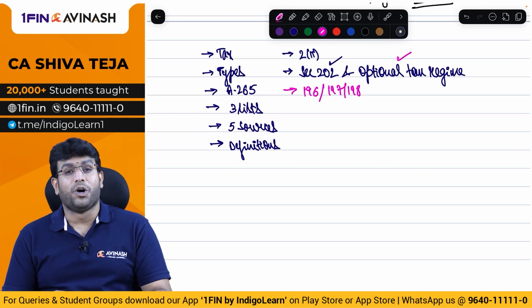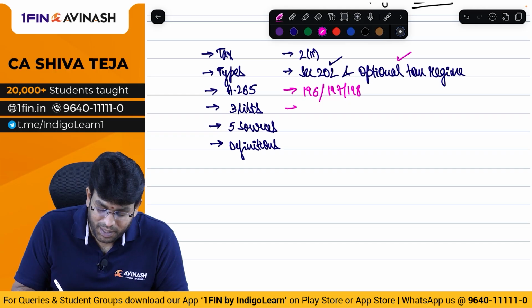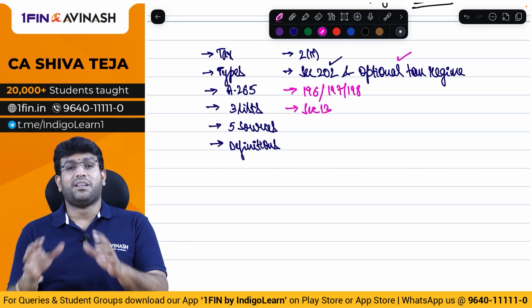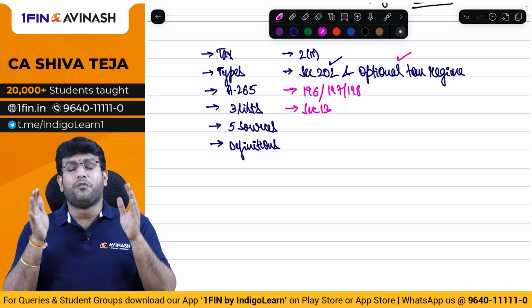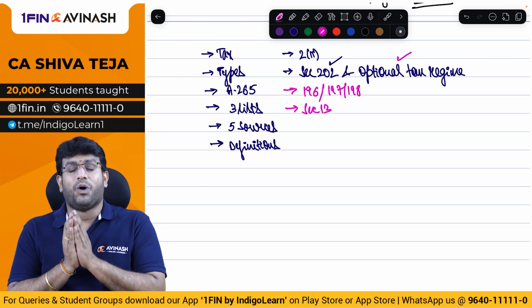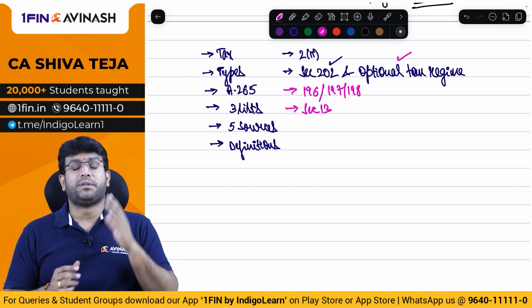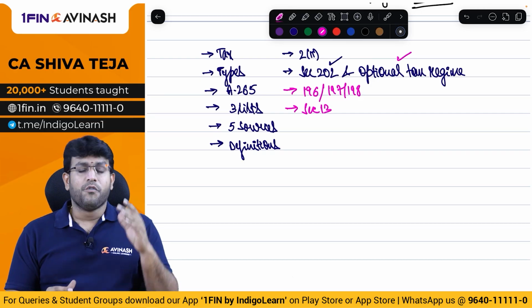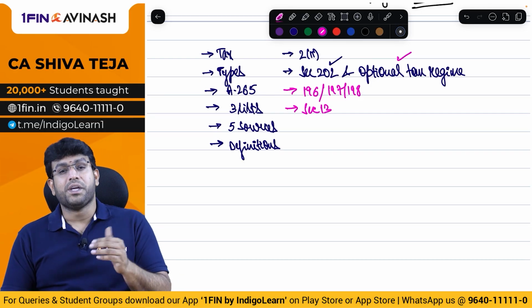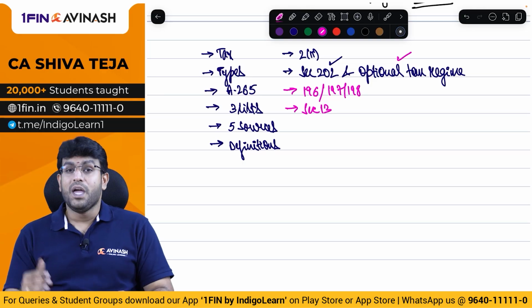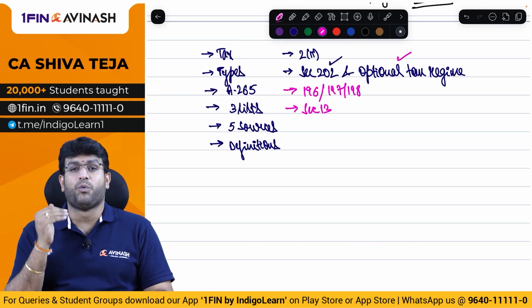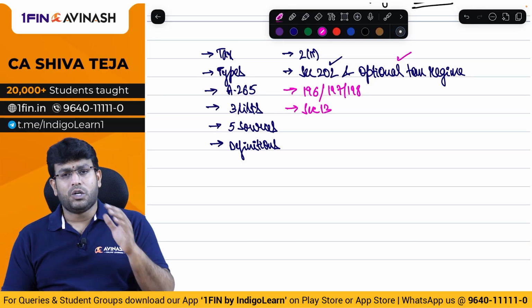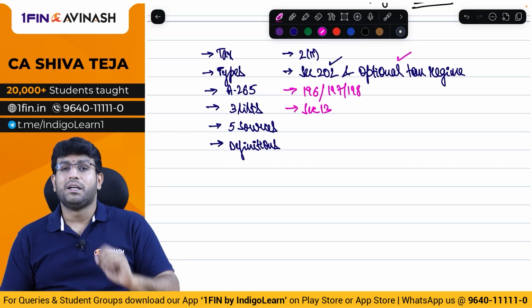So that's the story of your first topic, introduction and basics, where we have also understood that section 13 clearly says that there are 5 heads of income, and all 5 heads of income combined together, what we get is known as gross total income. From the gross total income, we reduce deductions under chapter 8. Once we reduce deductions under chapter 8, what we get is known as total income. On total income only we will compute what is the tax payable.